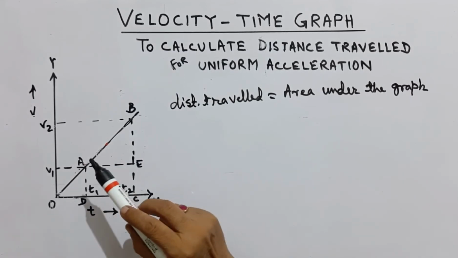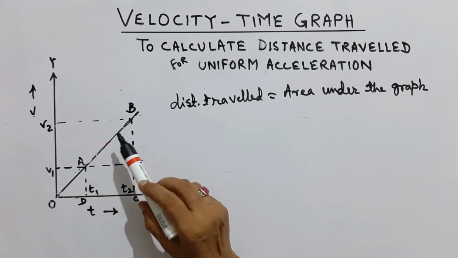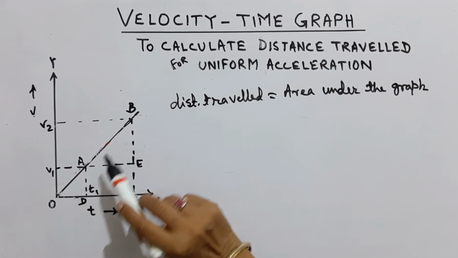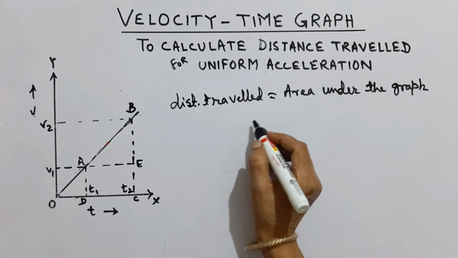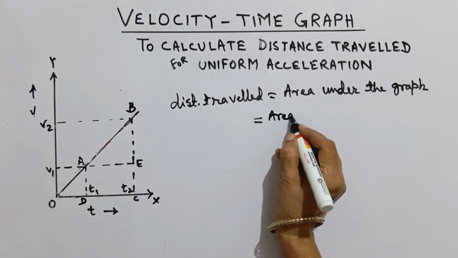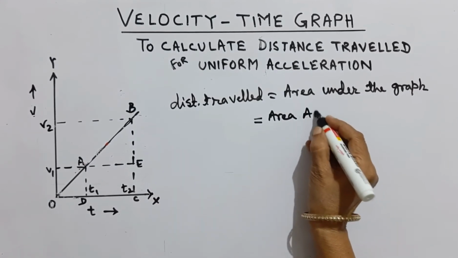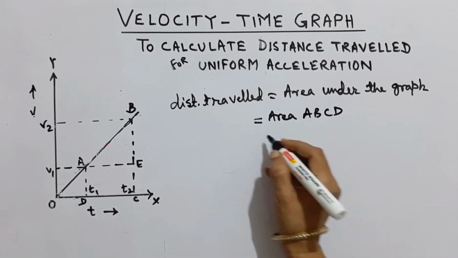So when the motion of the object is represented by 2 points A and B for time interval t2 minus t1, let us calculate what is the distance travelled. So the distance travelled, since it is the area under the graph, will be equal to the area ABCD, which is the area of a trapezium,